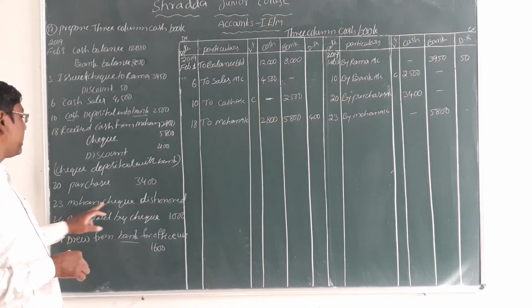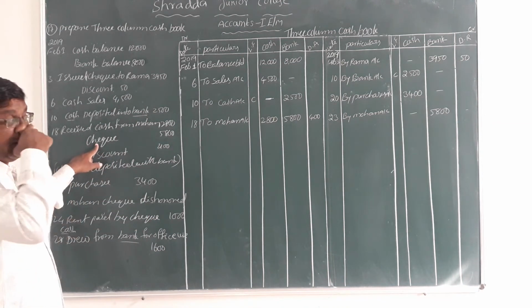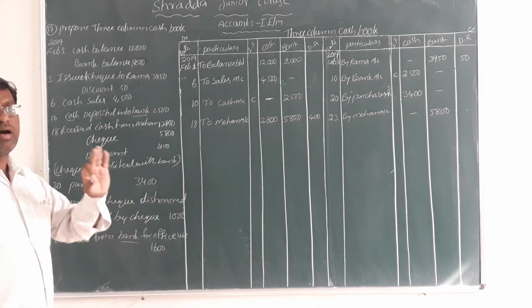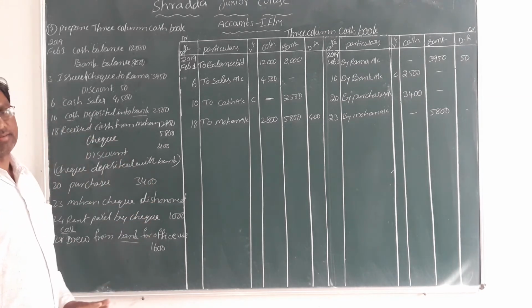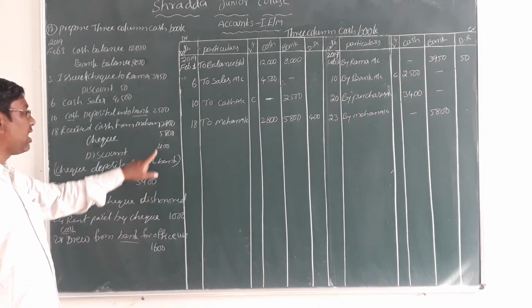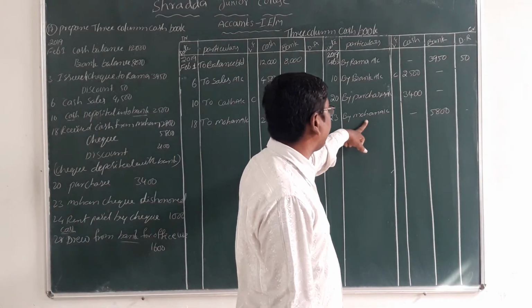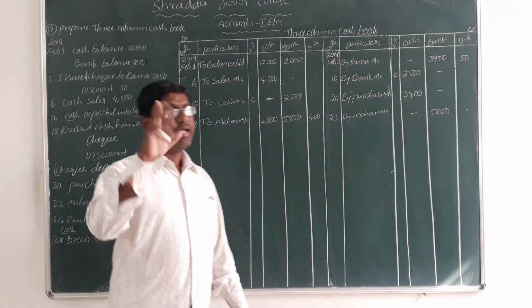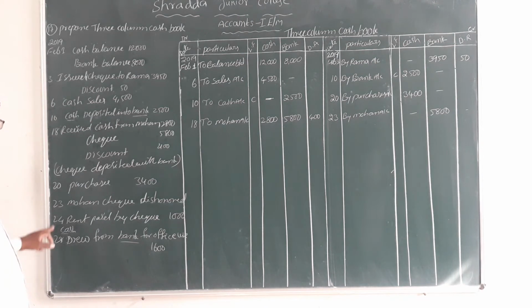It's clear. Don't confuse. So Mohan check dishonored. Where is the Mohan check amount? Here is the check. What is the amount? 5,800. It is not repeated again, the amount is not given here. Only one time given. We can understand that. Okay now. So Mohan dishonored amount is 5,800. So Mohan dishonored check we record on the credit side. That amount we record in the bank column, 5,800 rupees. Okay friends. Now we are going to the next one.